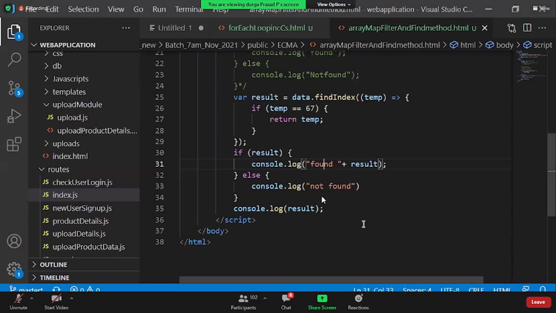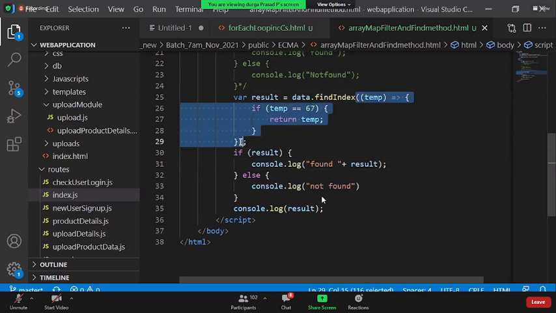Like this, you can see whether the given value exists within the given array or not. At the same time, if you want to know the index of the particular value, you can even use this find index method. Can we use it to find multiple values at a time? The find method is capable of finding a single value. If you want to find multiple values, the find method has to be applied multiple times, because when I say find method, this callback method will be applied on individual values. At a time, you cannot.